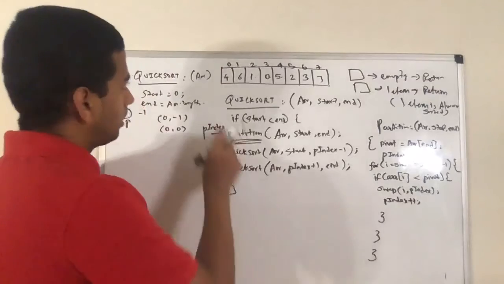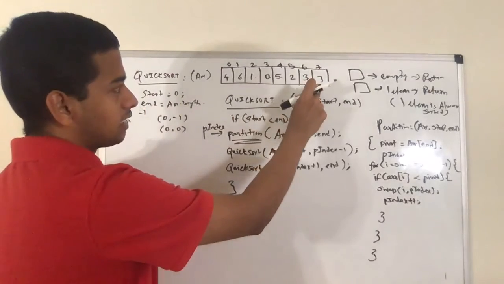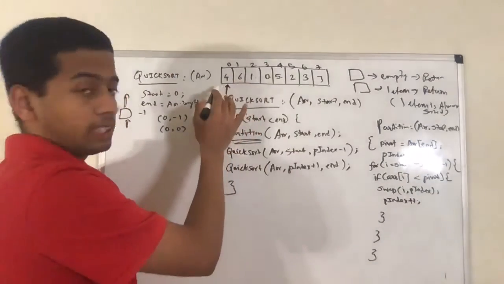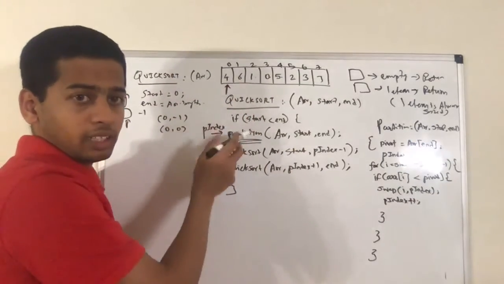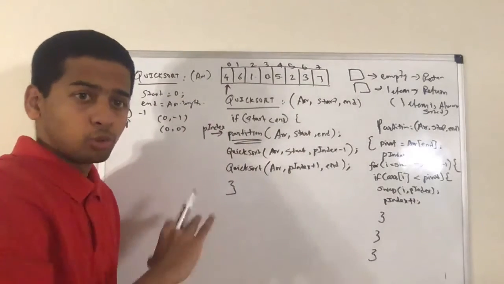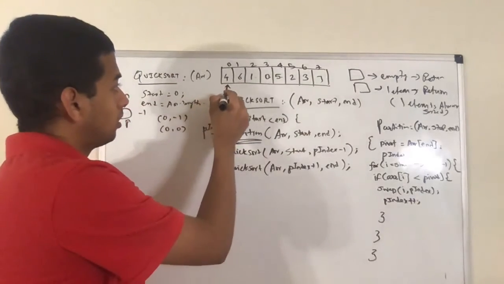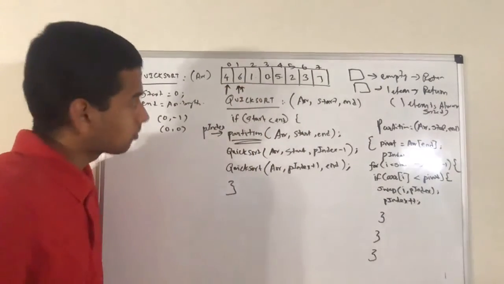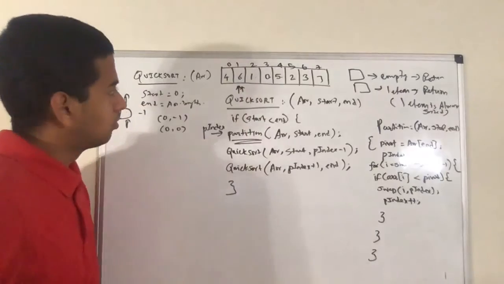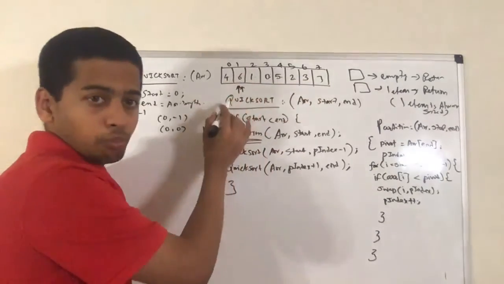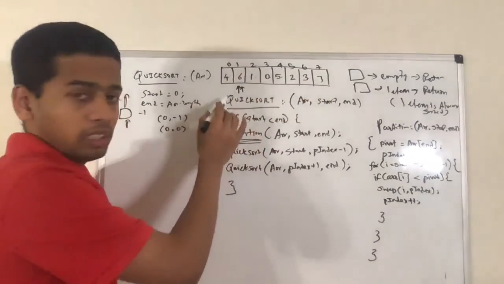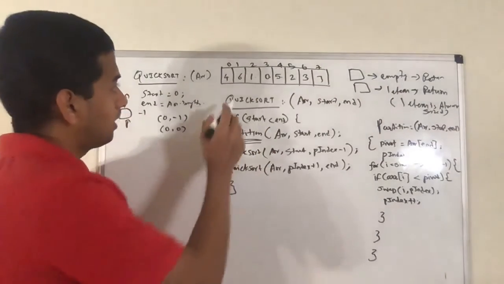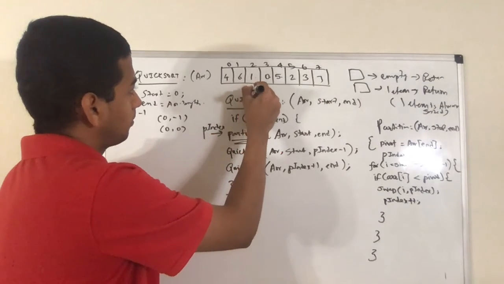Let's see. In this case 4 is lesser than pivot. So this is my I and this is my p index, so it is lesser, so I should swap between I and p index. In this case I and p index are the same, so even if I swap, it will remain the same place. So now I and partition index will move to the next place. Now 6 is there. Both are in the same place, I and partition index, so both will get swapped in the same place, and the value will move to the right.